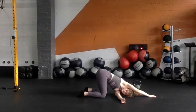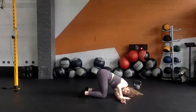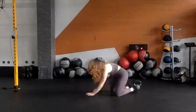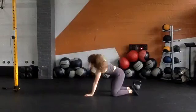Big inhale. Big exhale. Couple more breaths here. One more deep breath. And if you reach your arms forward, go ahead, bring the hand back under the shoulder to come back up into tabletop. We'll move to the other side, lifting your left, reaching your right arm up,